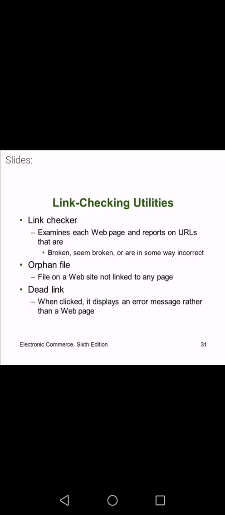Over time, websites change their URLs, or sometimes pages disappear. A dead link, when clicked, displays an error message rather than a web page. Maintaining the site that is free